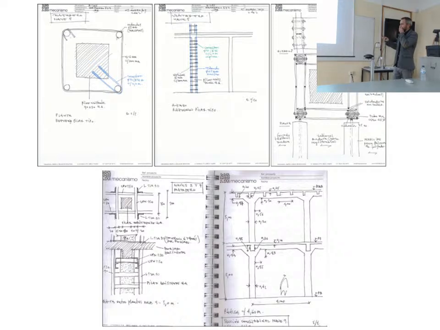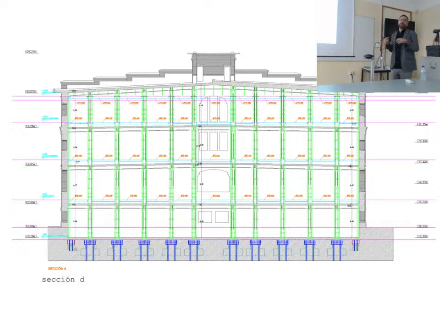So we explored many different options, and finally we came with this idea of constructing a new steel structure inside the building. It's like to build a new building inside the building. So instead of strengthening the existing structure from below with steel beams and with attaching steel profiles to the concrete ones,